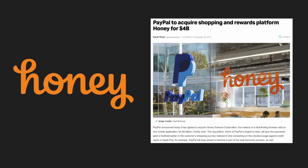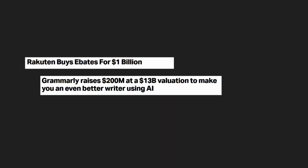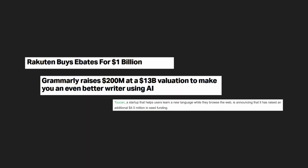The browser extension Honey sold for $4 billion to PayPal in 2020. It is one of many examples of successful extensions that have existed on the App Store. There's a lot of money to be made in browser extensions, but is it the right decision for your next